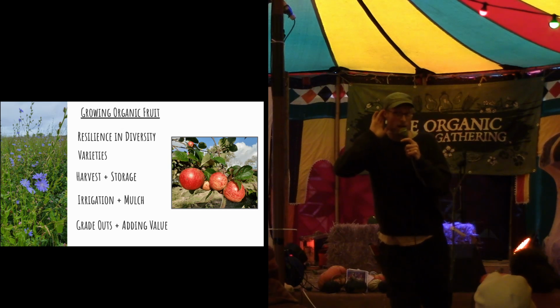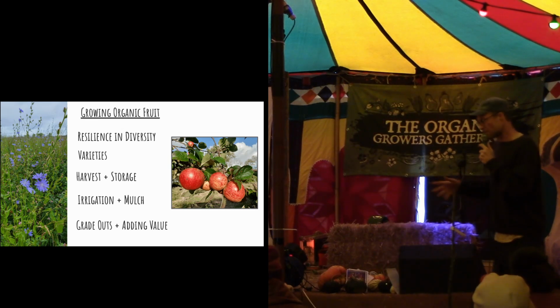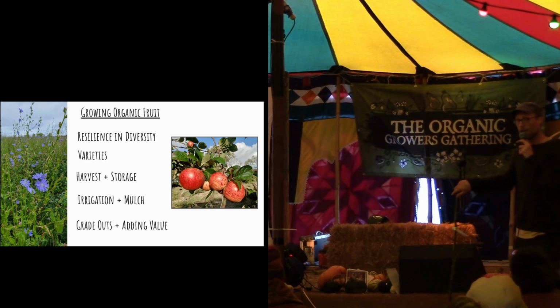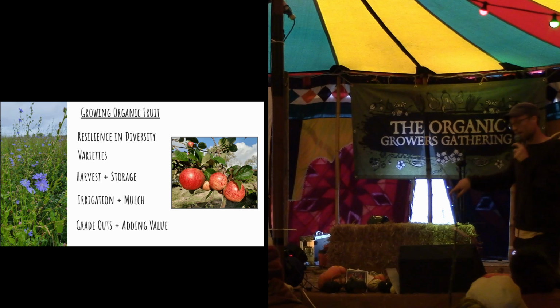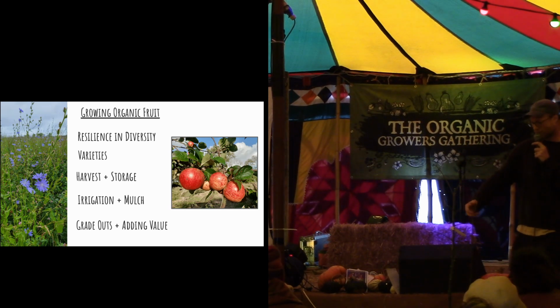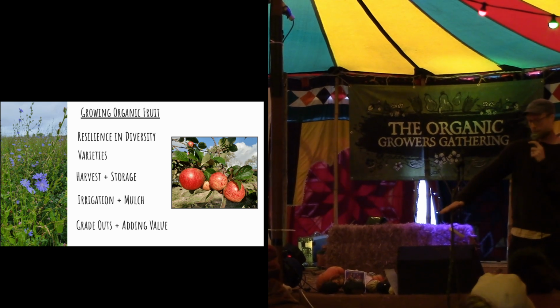With nut trees? Oh yeah, nut trees. Yeah, essentially yes. This is an open-centered tree, open-centered shape. In the same time of year, and the same principle. If you've got a single stem like that, and you want it to branch out,